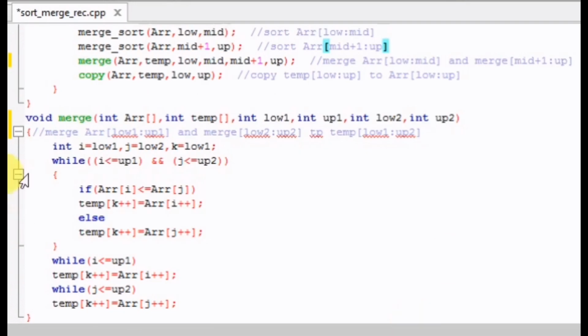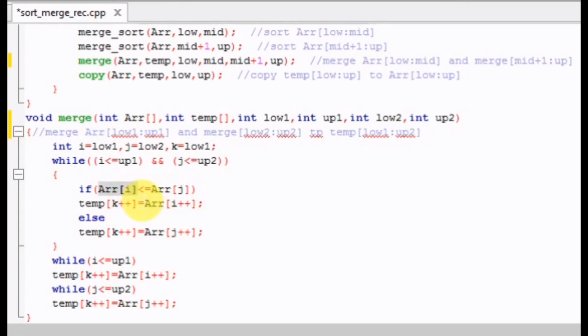See, this is the block for that merge function in which different subarrays will be merged into a single array, right? So while i is less than or equal to up 1 and j is less than or equal to up 2, we will execute these statements. If the element at the ith index of the array is less than or equal to the element at the jth index, then we will copy the element at the ith index into the array temp at location k, and we will increment the values of k and i by 1 to point to the next index, right?